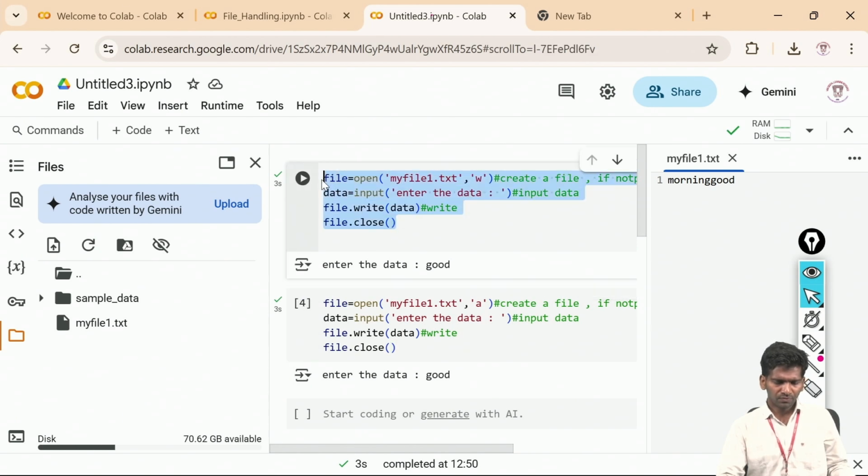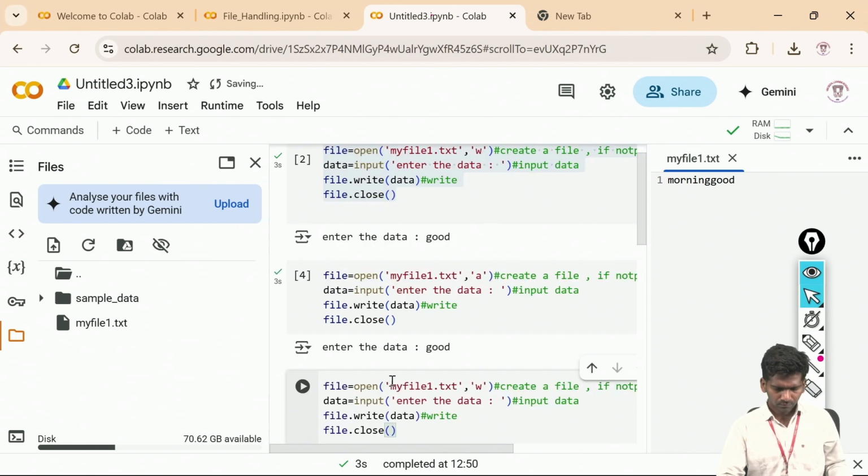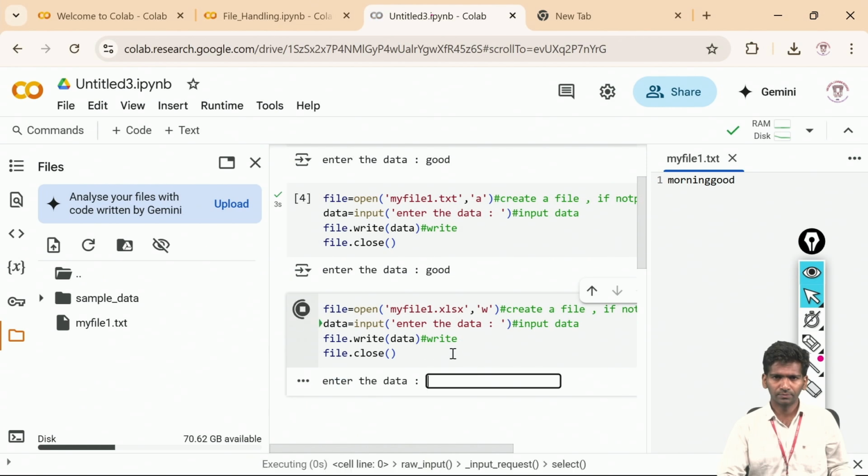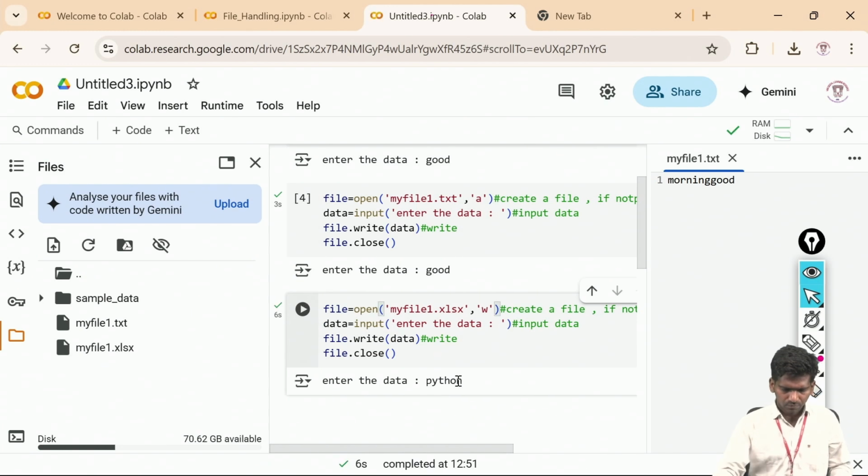Now let me show the very interesting part here. We have generated a text file, right? Let me generate an Excel file. We can generate an Excel file, a Word file, a PPT also, using code in Python. That concept all comes in file handling. So here I'm giving some text. Yeah, see, if you download it,